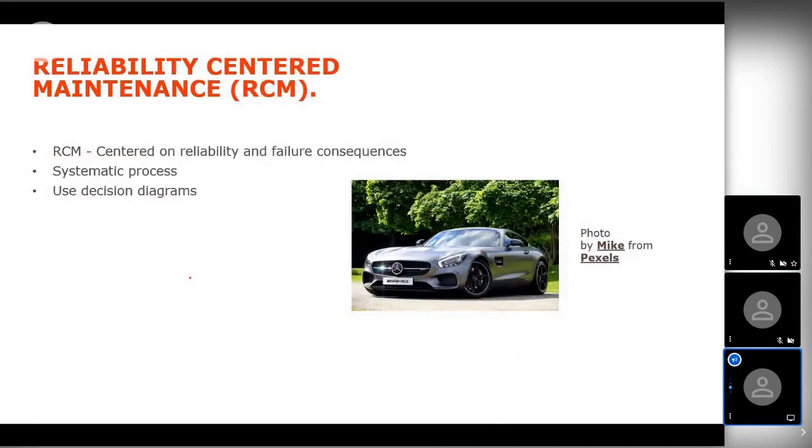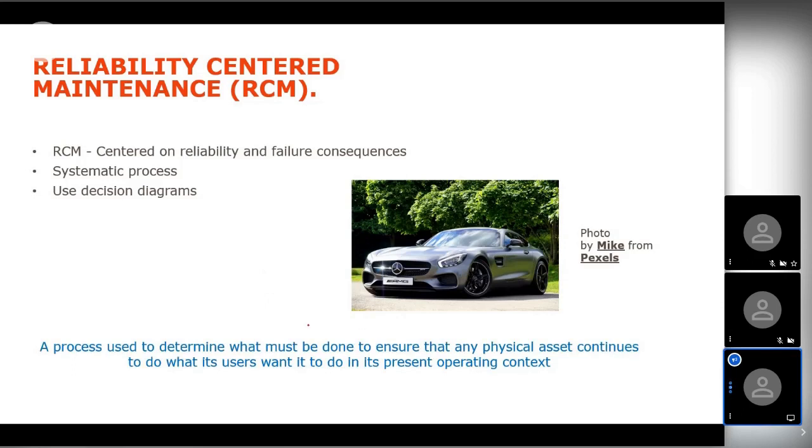The thing that came out of the airline industry study is what we call reliability-centered maintenance. So Nolan and Heap's study changed over into what we now know as RCM. And there's a really good book that they put together called RCM2. Remember that quote I gave you at the start, the definition of maintenance by John Mowbray? John Mowbray was the author of that RCM2 book. It's a process, a system that uses a flowchart and decision diagrams to help us make decisions. Rather than going on gut feel as much, we're answering yes and no questions to then choose the best technique, the best strategy.